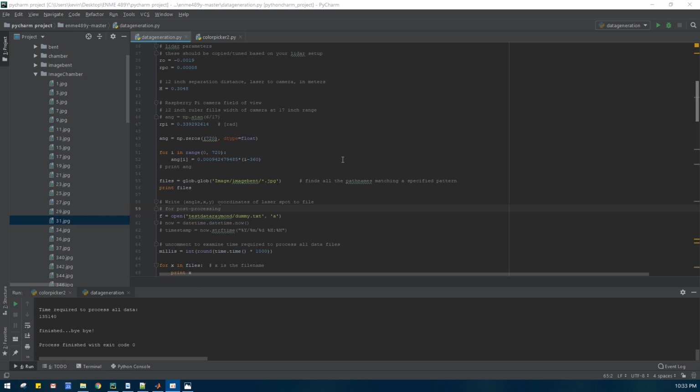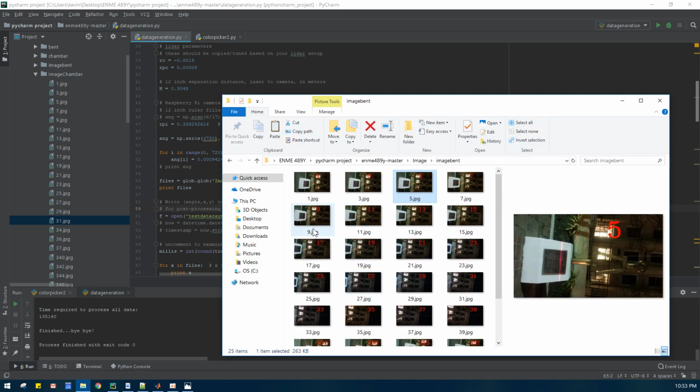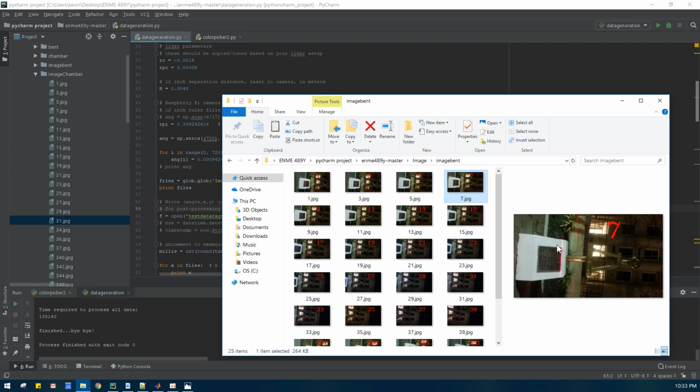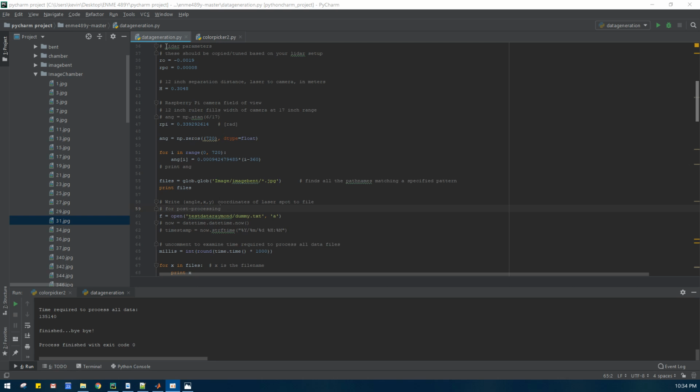In this video, I will demonstrate the data generation process of my target of choice for the ENME49Y remote sensing class. After I took a couple of line laser pictures of the Tau Beta Pi Bent in front of the engineering building, with the IMU angle at 5 degrees above horizontal and at a 2 degree angle increment, I put those images into a folder called image bin, and in the data generation file, I read in every picture in